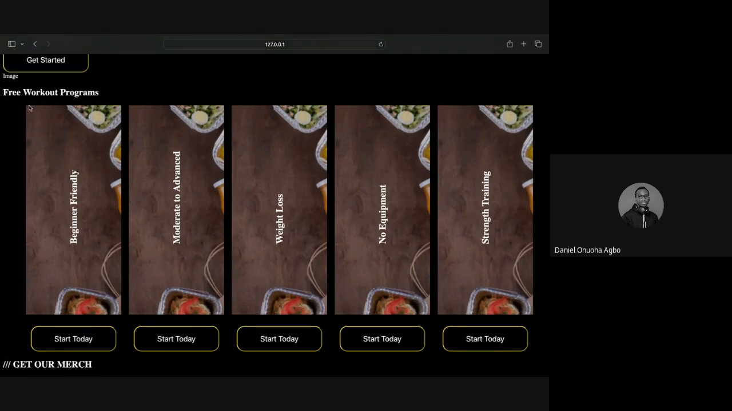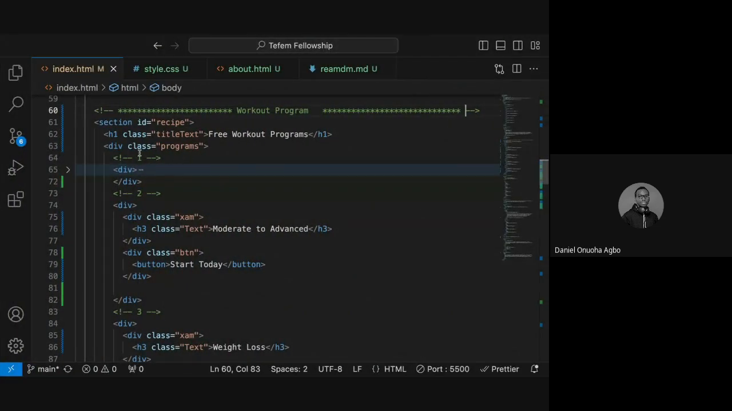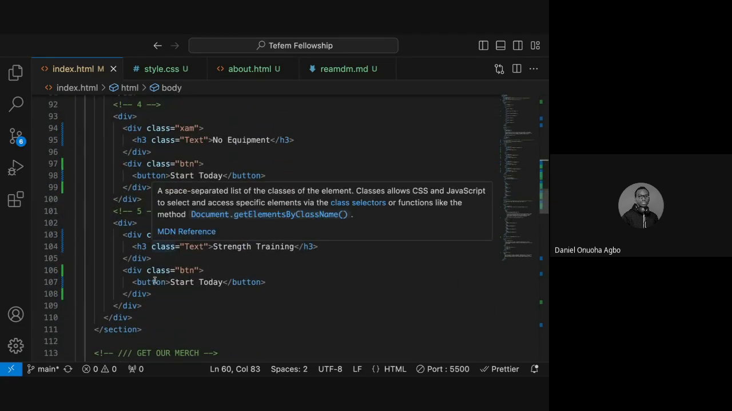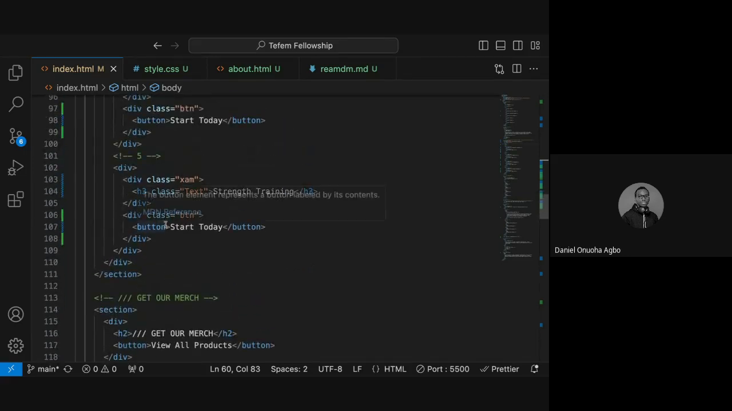So here, these points we have are beginner friendly. This section now is a div. This is section 2, section 3, section 4, section 5, which is what we have here in our code: div 1, div 2, div 3, div 4, and div 5, which we have the text and the footing. So we named the section that is housing